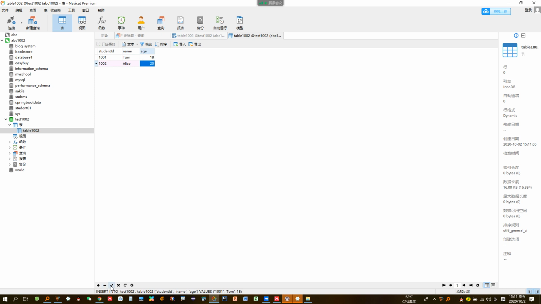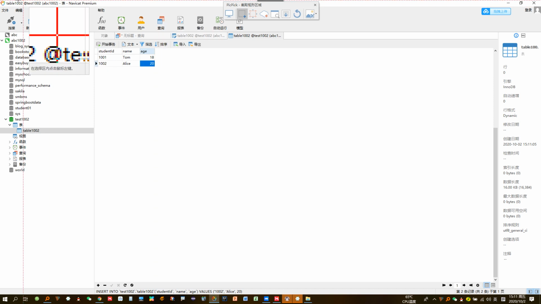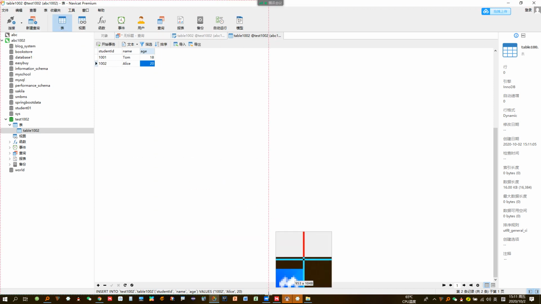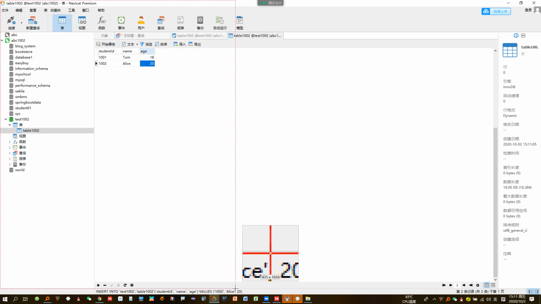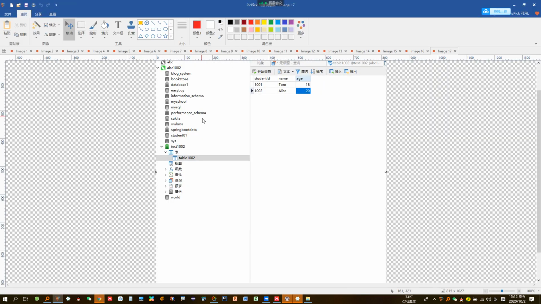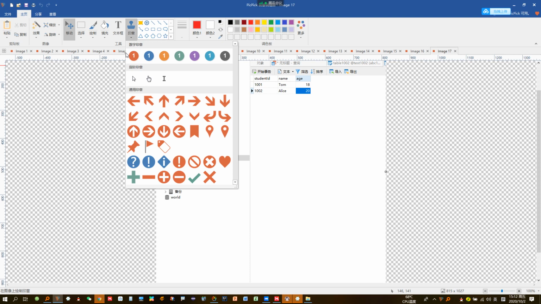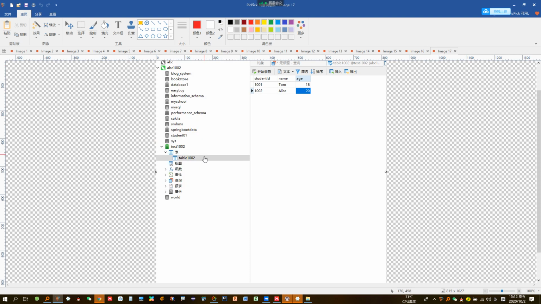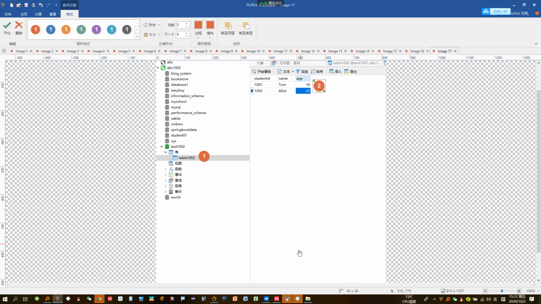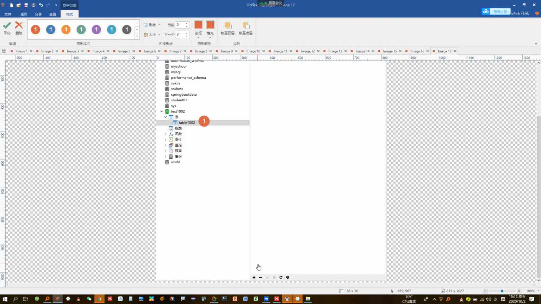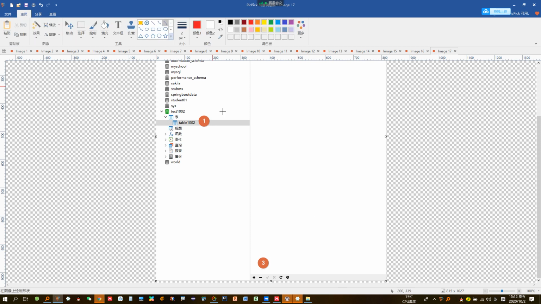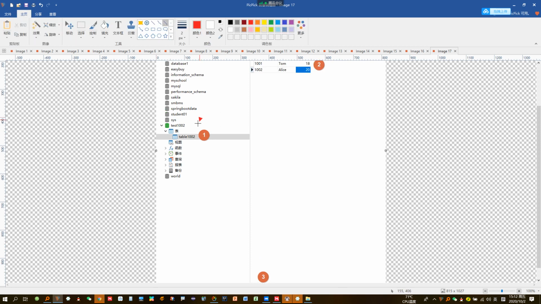So you just click here. So that's the table. I'll show you. So that is the table. It's maybe a very big picture. So for this, the first thing is you double click this way, the second thing you add something, and the third thing is that you should continue doing things. So first you just double click,